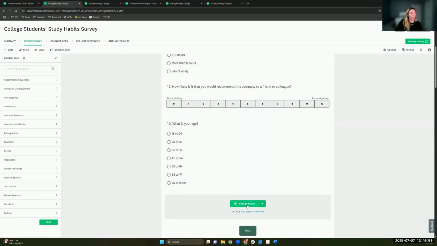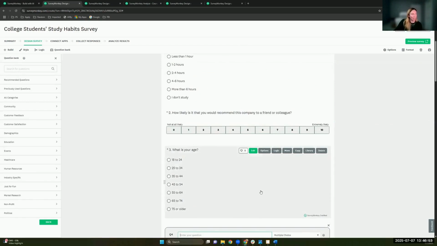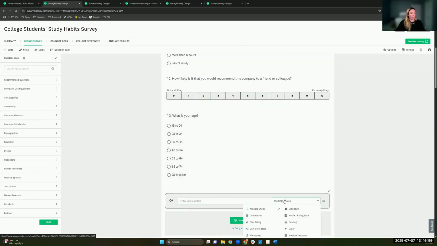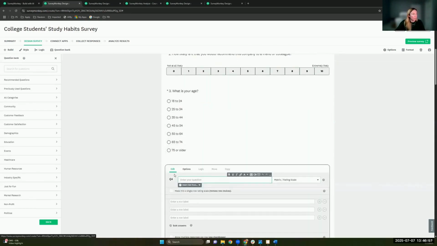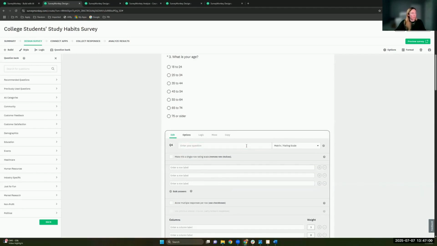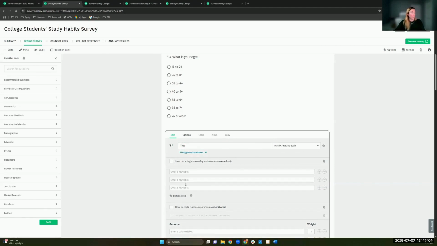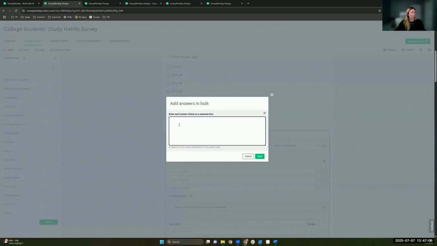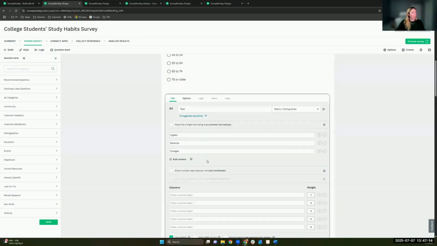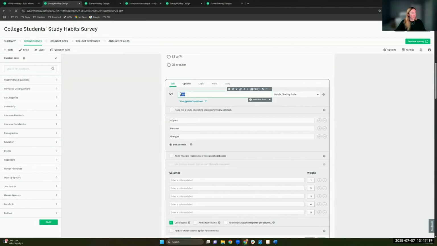What doesn't work exactly well would be a matrix question. So do rows. I'll just add a test. For the row labels, we can copy and paste different row labels. So say apples, bananas, oranges. I'll just say rate